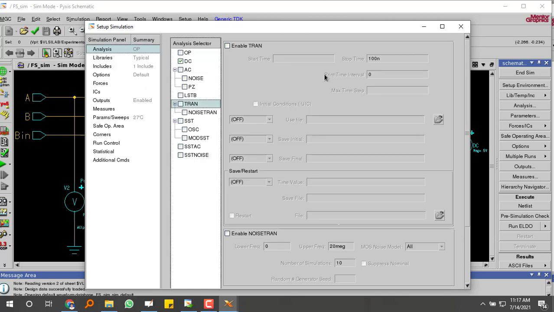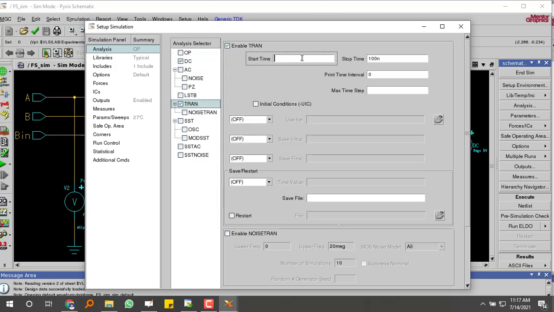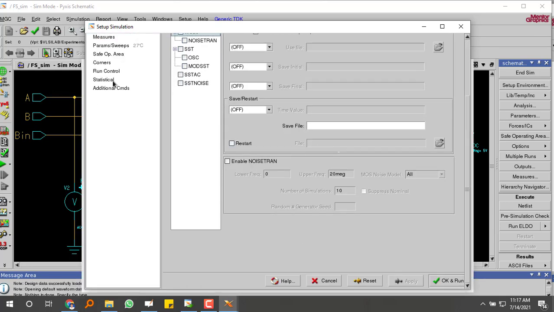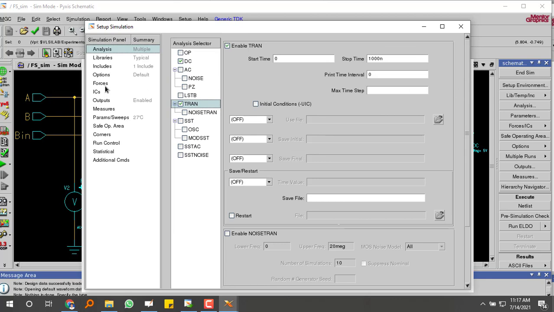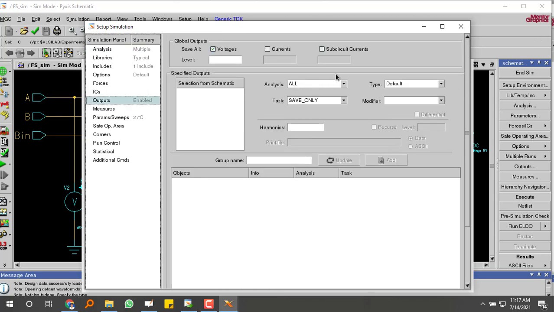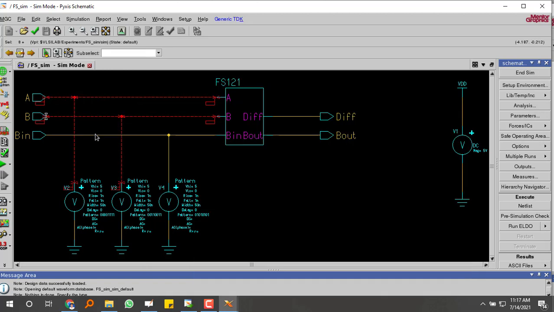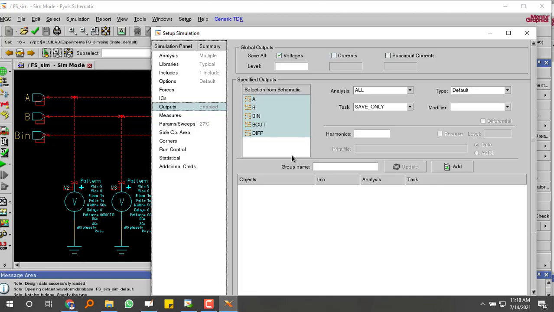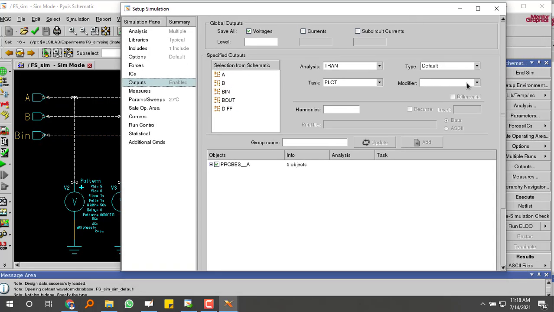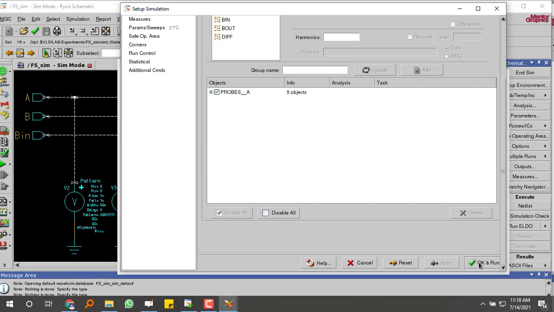Then transient analysis 0 to 1000 nanoseconds. A time period is given. Apply it. Go to outputs here. Add those things. Once you apply, run.